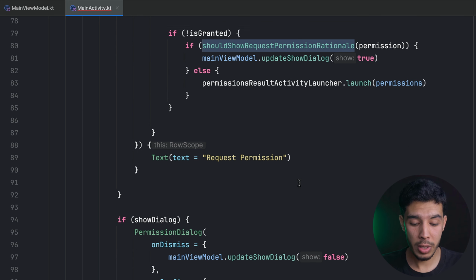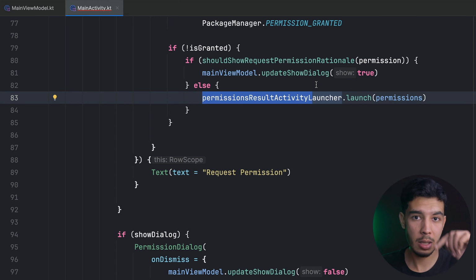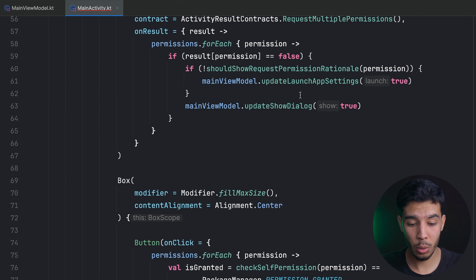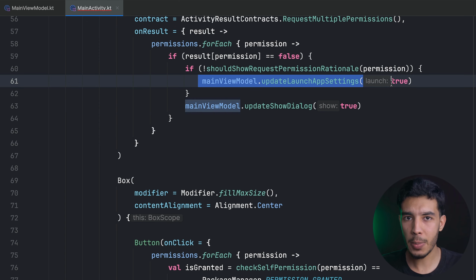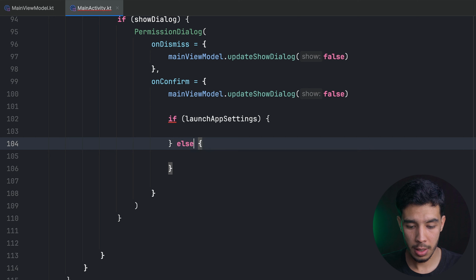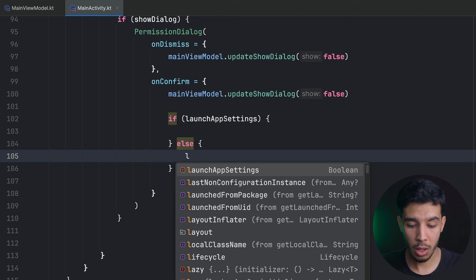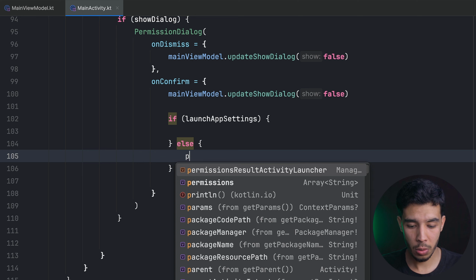So I can't show this one anymore, which is just launching the permission dialog to get that permission dialog. Instead, I can show the rationale, but launch the app settings to give me the permission from the app settings. Okay, now this one, there is a typo here. So in this case, if I shouldn't show the app settings, then I'm just going to launch my activity results,